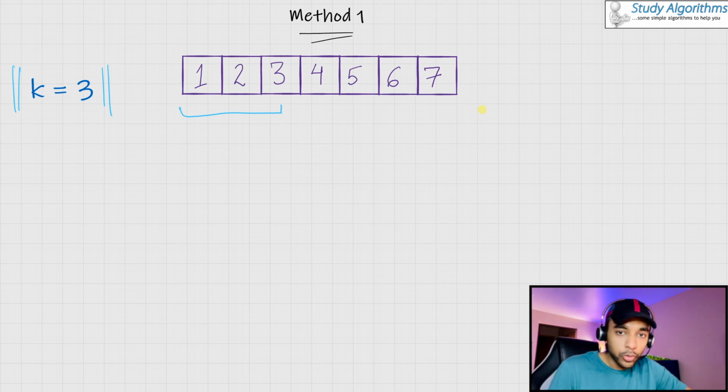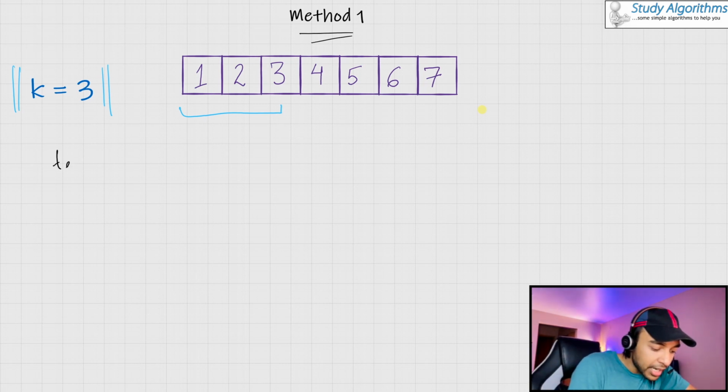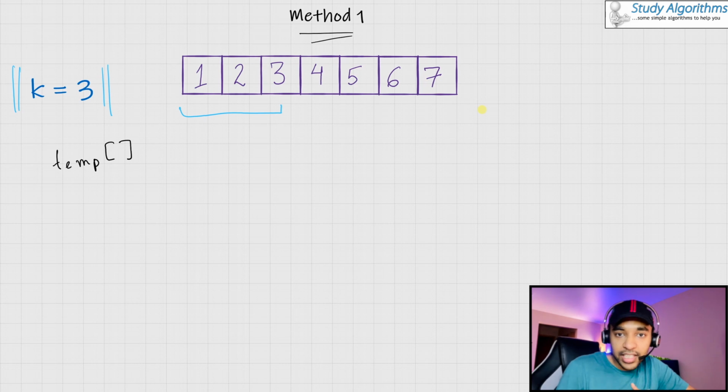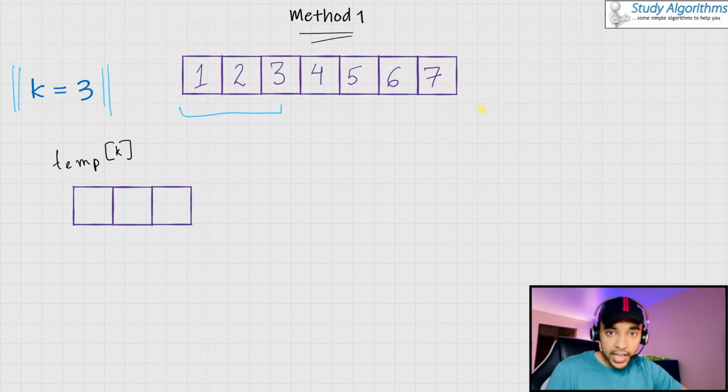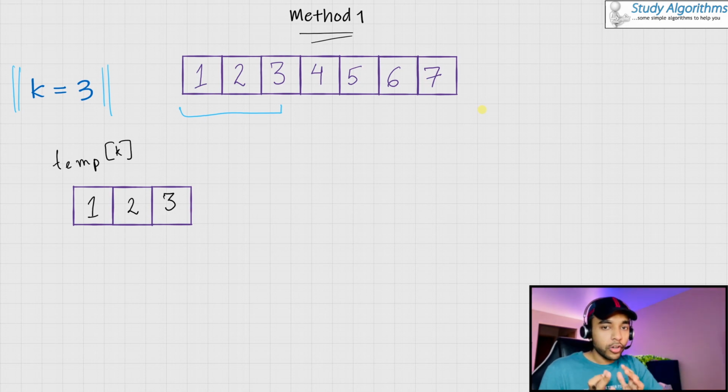So what you can do is you can create a temp array that has the size of k. And then you copy the first k elements to your temp array. So your temp array would now look like this. Now you know for a fact that you have preserved these values somewhere, right?